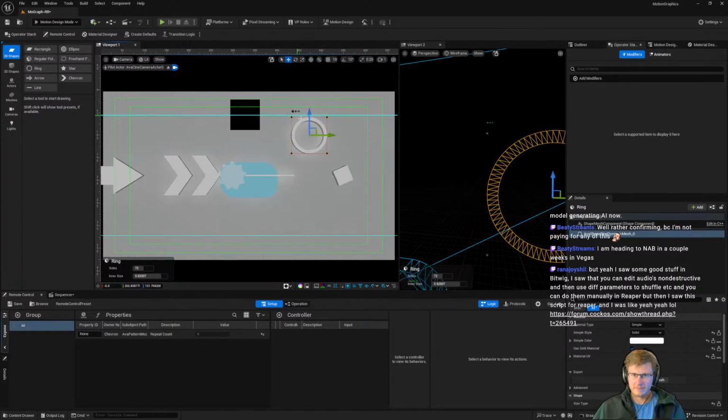I wanted to go. I saw some good stuff in Bitwig. I saw that you can edit audio non-destructively and then use different parameters to shuffle. I can't view that right now.